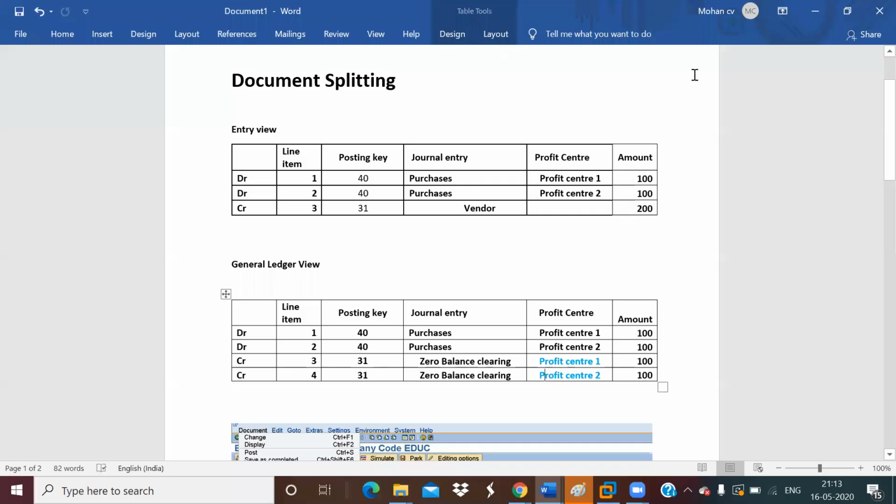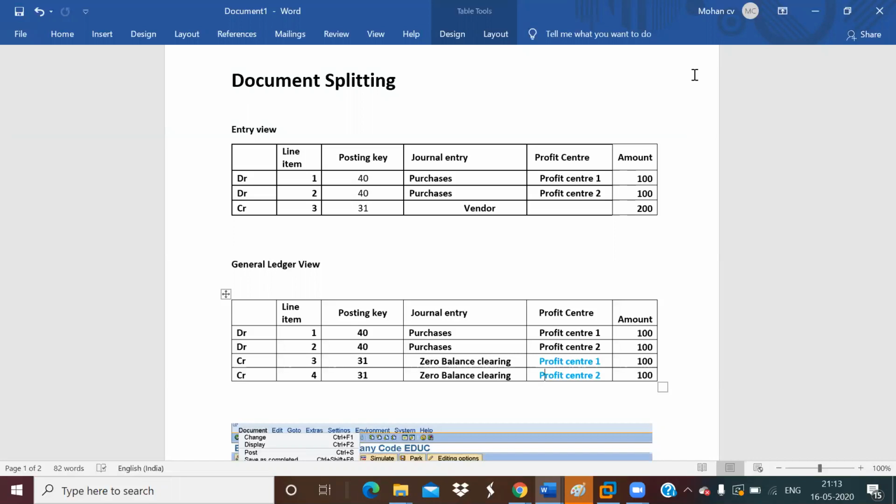So hi, today we will discuss one of the important topics in SAP, which is document splitting. Document splitting is the splitting of the line item based on the characteristics we define. We will define characteristics like business area, profit center, segment. With the help of this, we will be able to get more accurate reports. Okay. So for profit center wise, we will be getting more accurate reports, or business area wise, or segment wise.